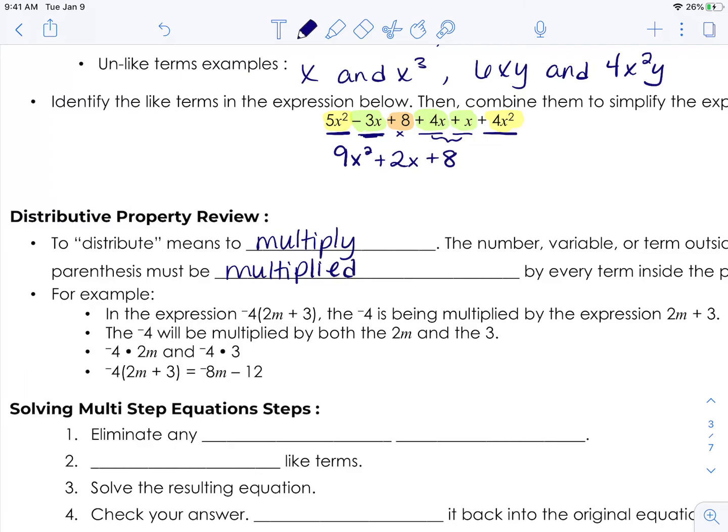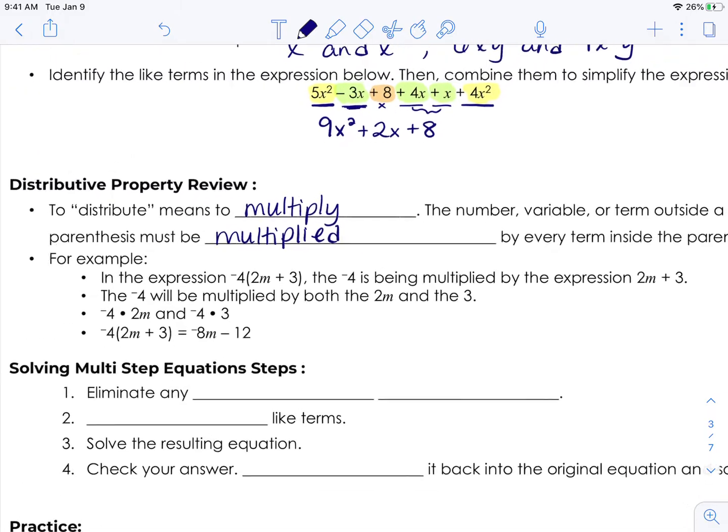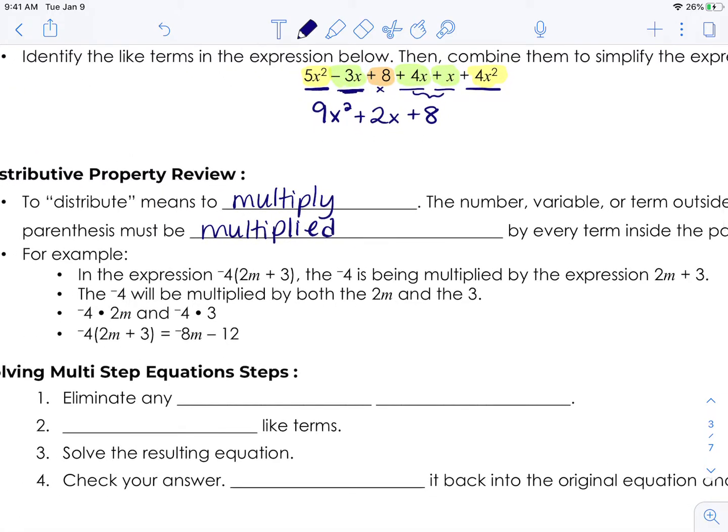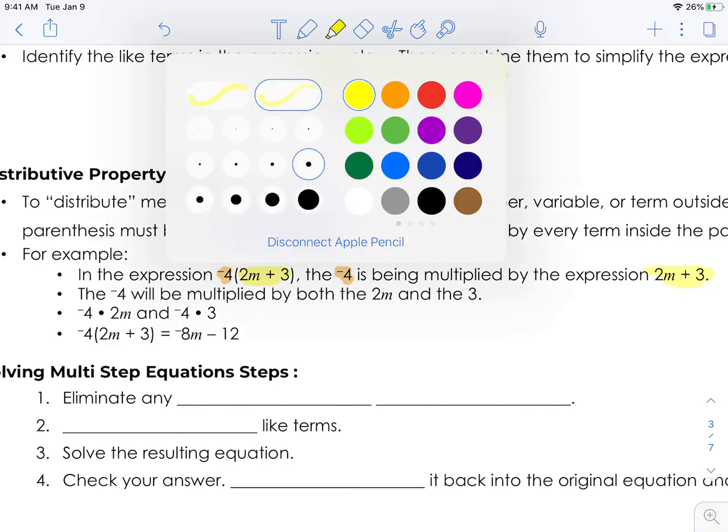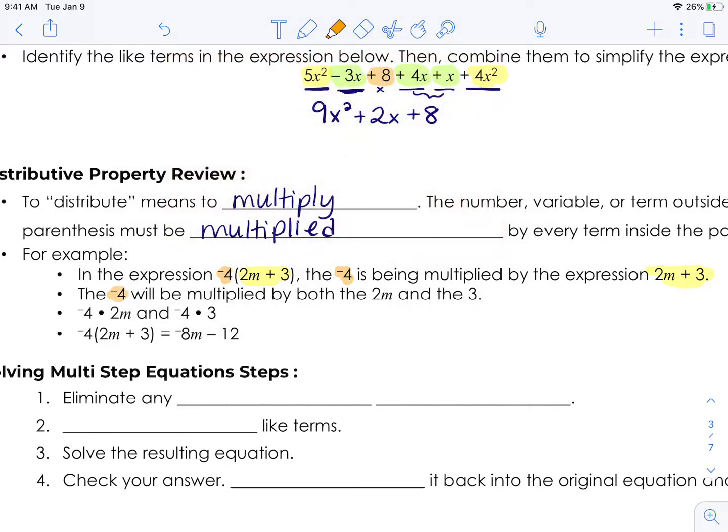So for example, in the expression negative 4 times 2m plus 3, the negative 4 is being multiplied by the expression 2m plus 3. So the negative 4 is going to be multiplied by both of those terms inside, by both the 2m and the 3. So I'm going to highlight this all the way across here,